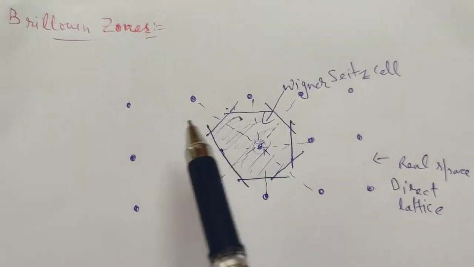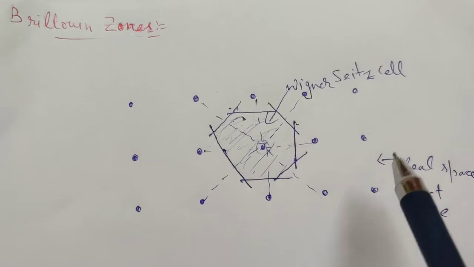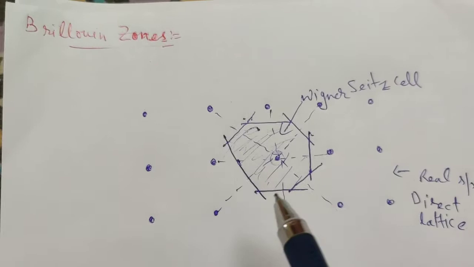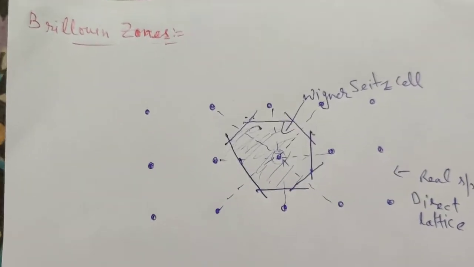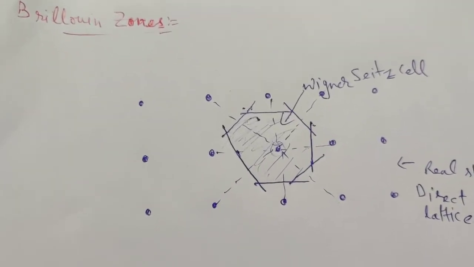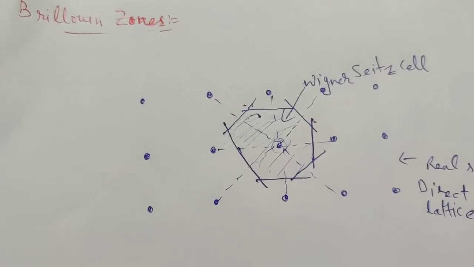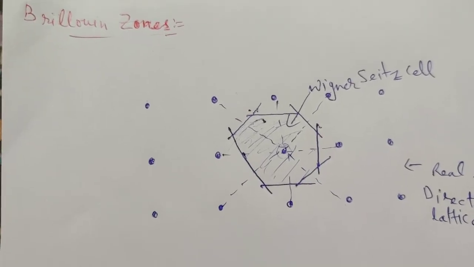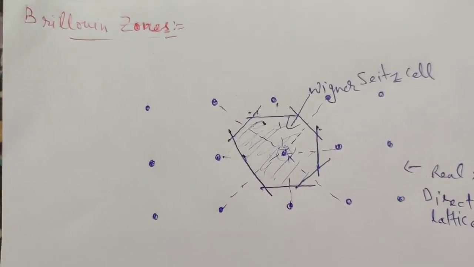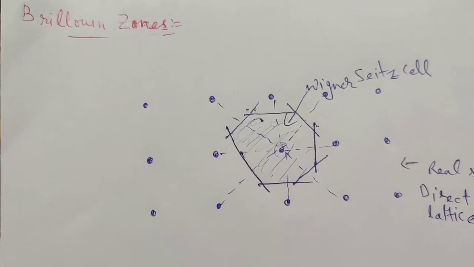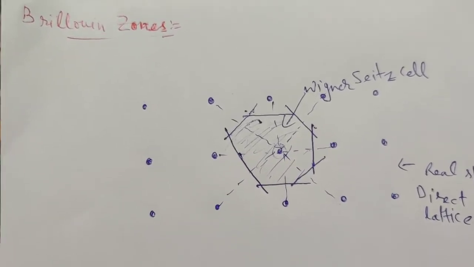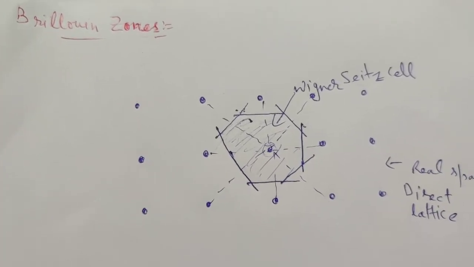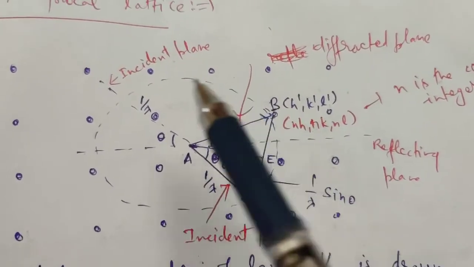Now if you consider this procedure in your reciprocal space, then this same Wigner-Seitz cell is known as your Brillouin zone. So now you have to know what is your reciprocal lattice and what is your Bragg planes. I have also discussed what is your reciprocal lattice and what is your Bragg planes. Now just quickly I will remind you what is your reciprocal lattice and what is your Ewald sphere and what is your Bragg plane. So now this is your Ewald sphere.